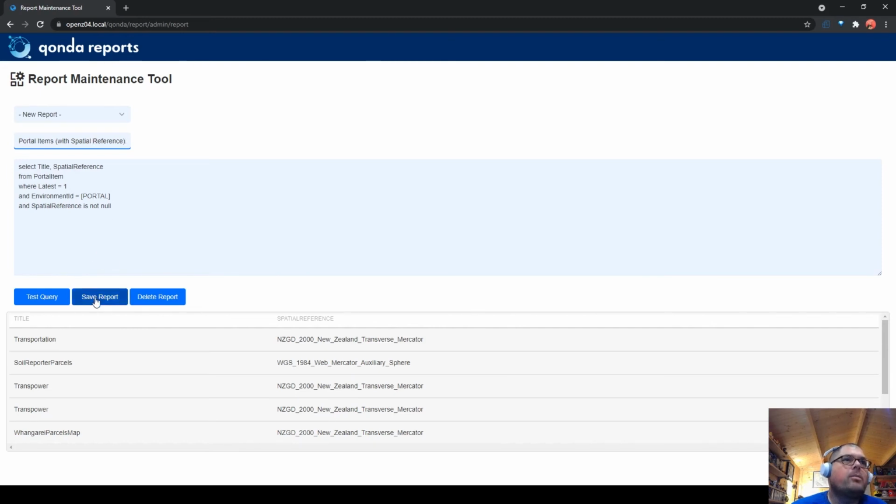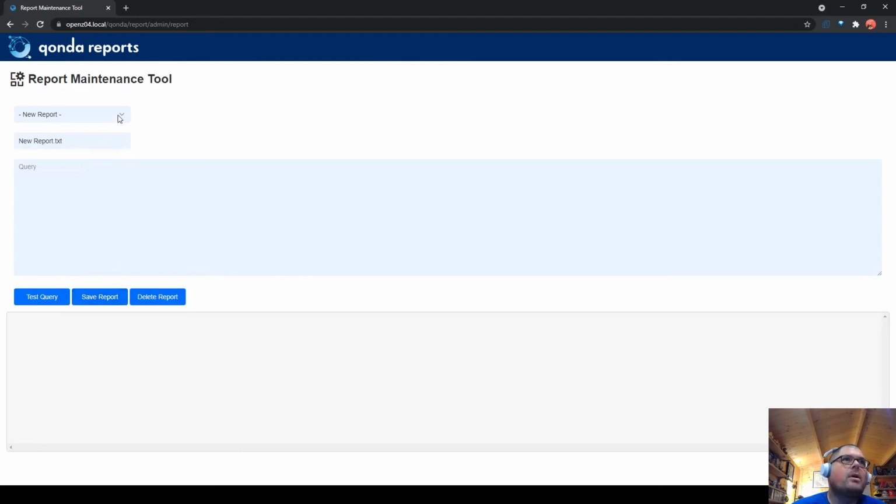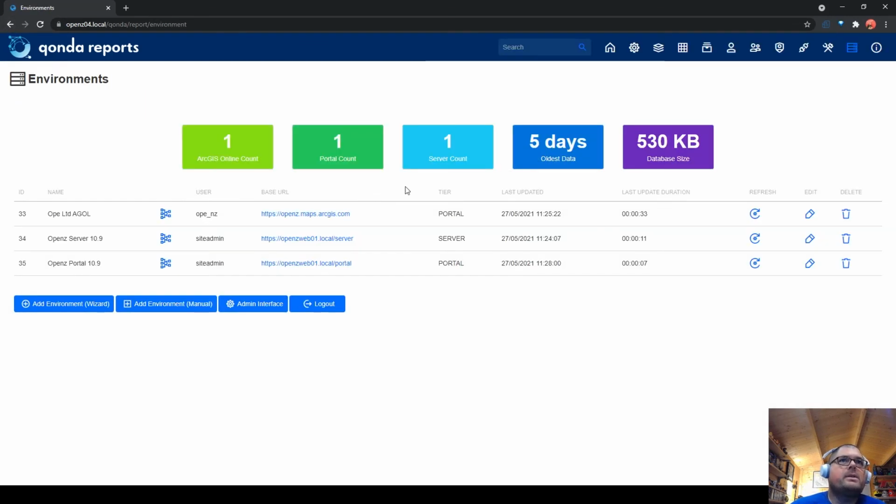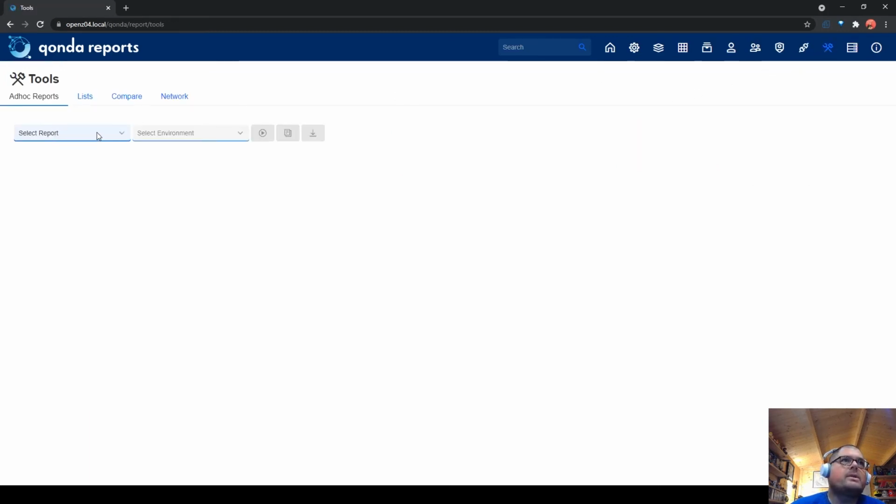Okay, and we can press save. Alright, so we'll now see that our report is here. So if we go back and exit and we go to our tools menu, we'll now see that our report